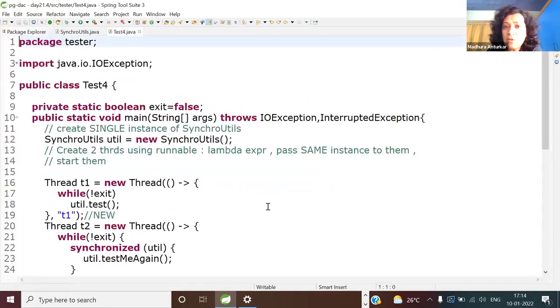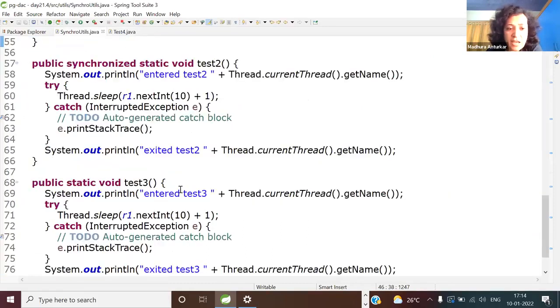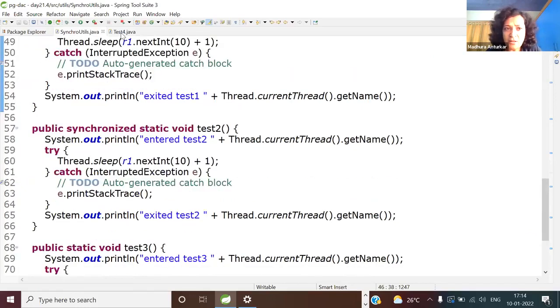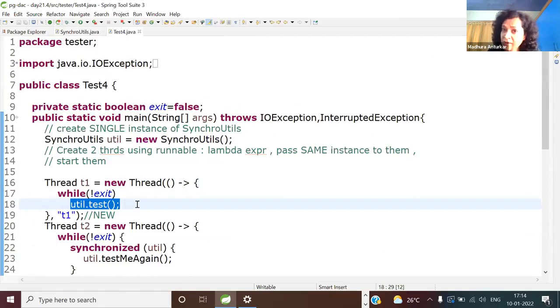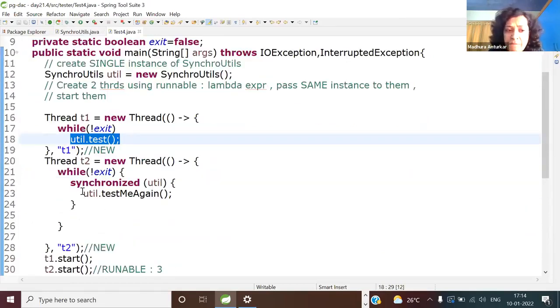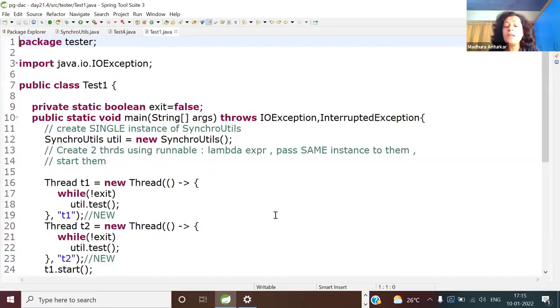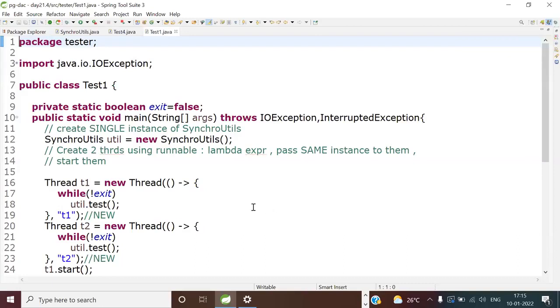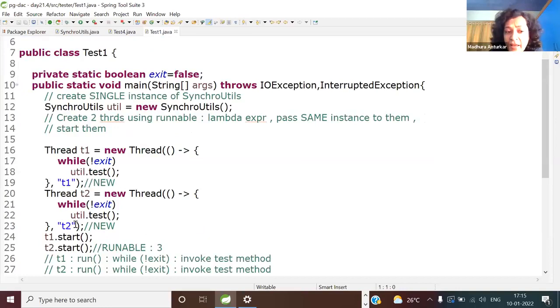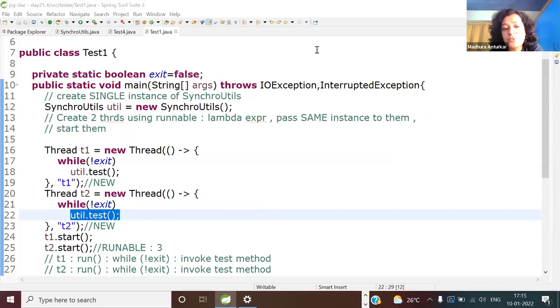When you make that copy, let the first thread call, I forgot the names, synchroutils.test1, one static synchronized method. Pick up the earlier example where we had both the methods. So here, one thread calls synchroutils.test1. In another thread, call synchroutils.test2. And tell me, what do you expect to see? Synchronized output or unsynchronized output? Will they block each other?